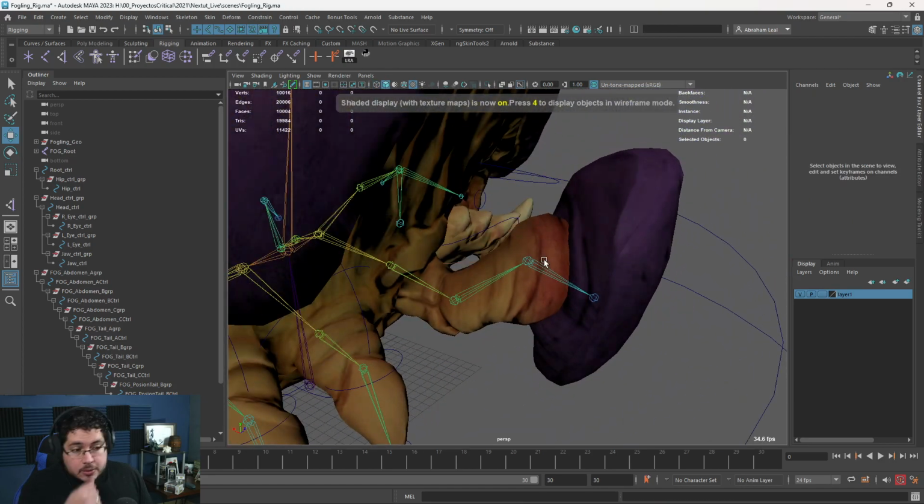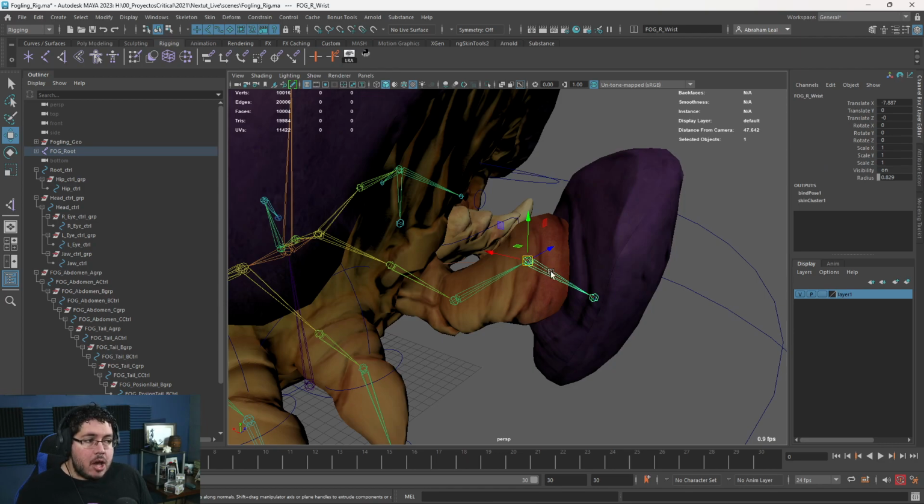The one thing that we need is a controller that can move that IK handle. So we're going to have to select this joint right here, but we do not want to use our script because if we use our script, we're going to break it. So we're going to do it normally.